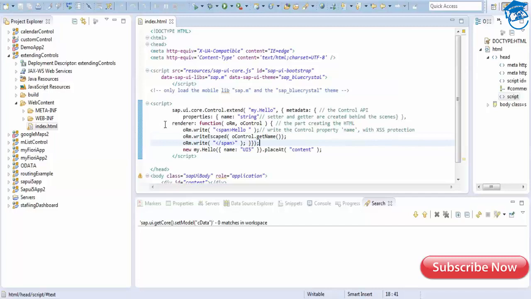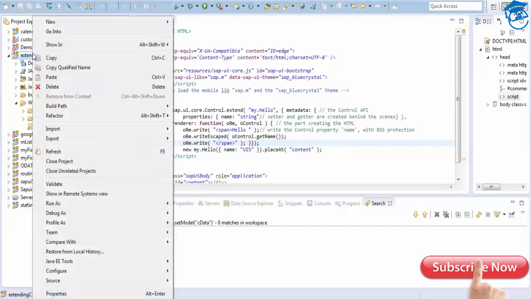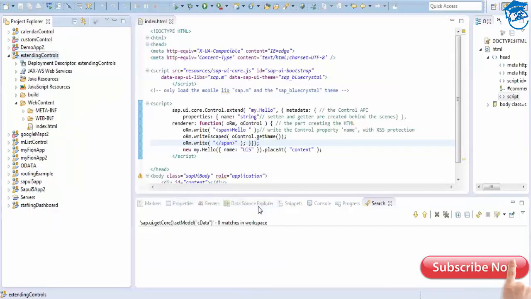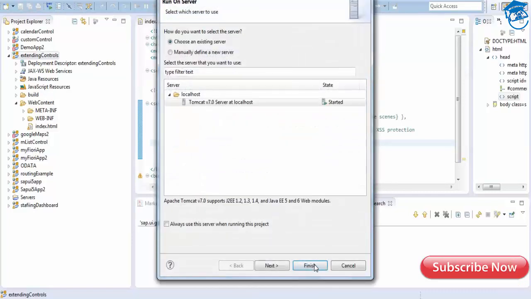So this is how a normal custom control works. But we'll be seeing a few more examples where you can have a clear idea about custom control.